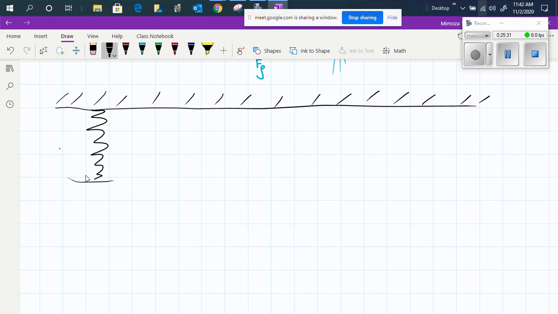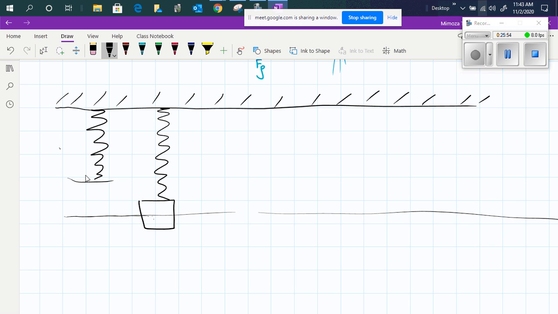If you go and buy a spring at Home Depot or something like that, you will see the length of the spring without any mass on it. Then what you do is hang a mass and wait for the equilibrium to be reached. As soon as you hang a mass, you see that there is an extension, but then the equilibrium is reached, and this will be the equilibrium